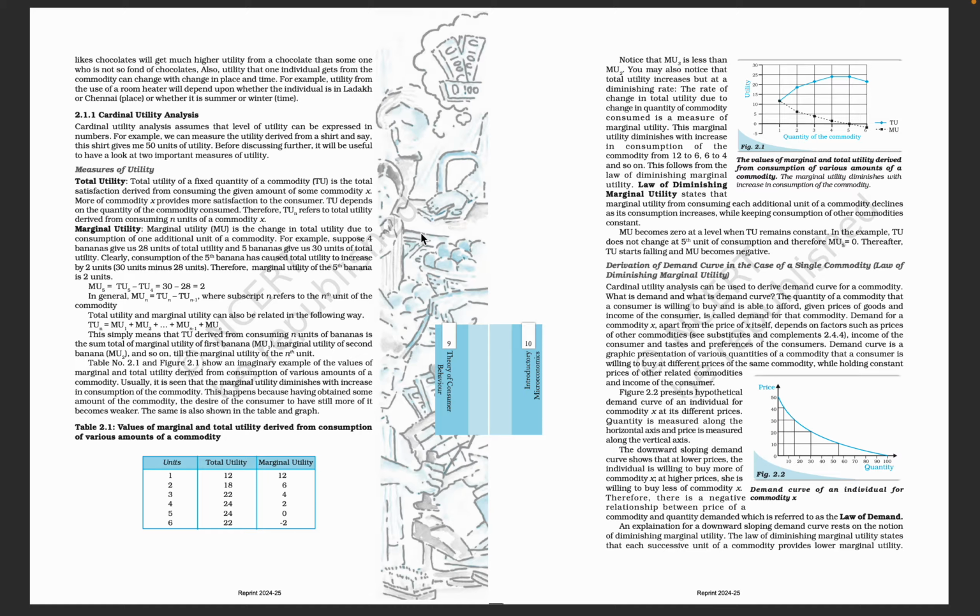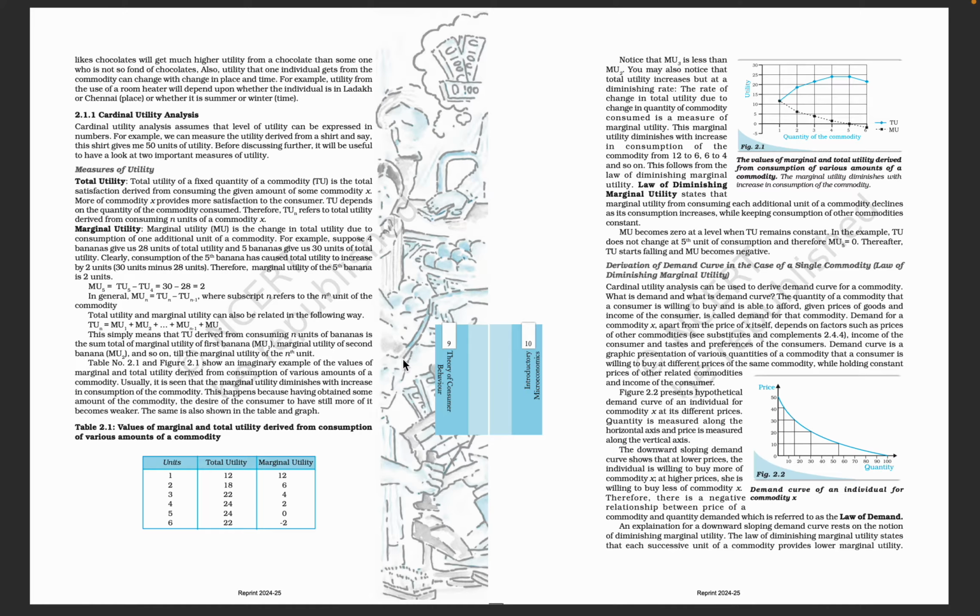Figure 2.2 presents a hypothetical demand curve of an individual for commodity X at its different prices. Quantity is measured along the horizontal axis and price is measured along the vertical axis. The downward sloping demand curve shows that at lower prices the individual is willing to buy more of commodity X. At higher prices she is willing to buy less of commodity X. Therefore there is a negative relationship between price of a commodity and quantity demanded, which is referred to as the law